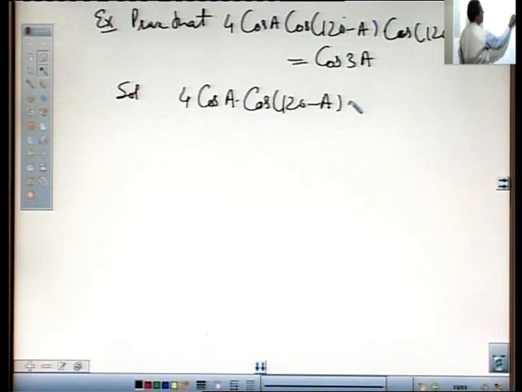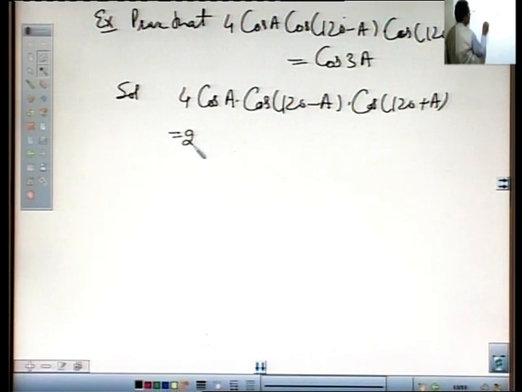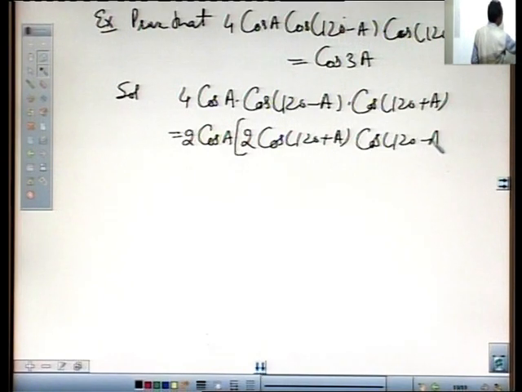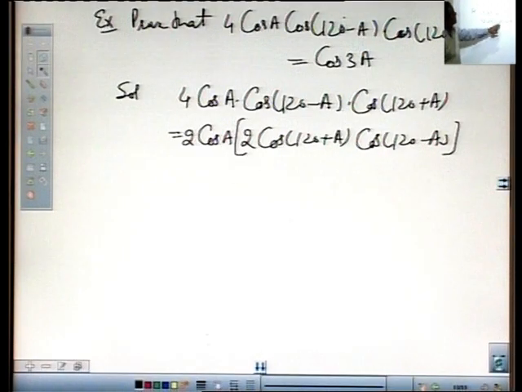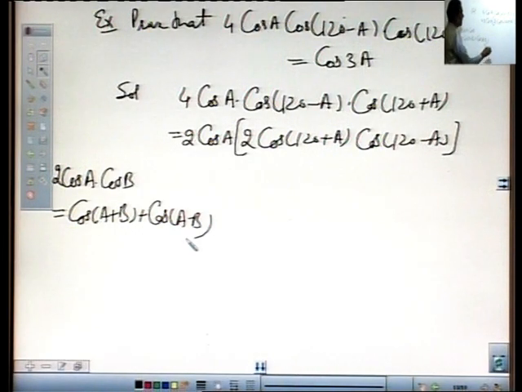Solution: 4 cos A into cos 120 minus A into cos 120 plus A equals 2 into cos A into 2 cos 120 plus A into cos 120 minus A. Here we use the formula 2 cos A cos B, which equals cos A plus B plus cos A minus B